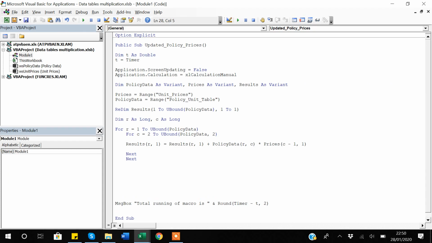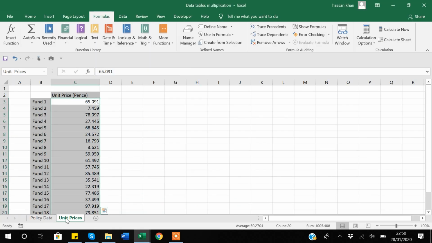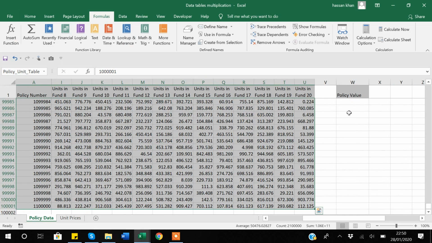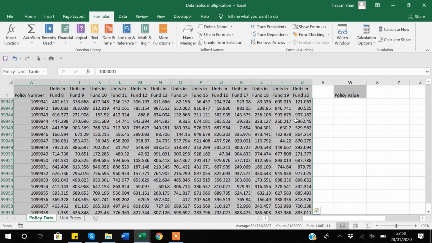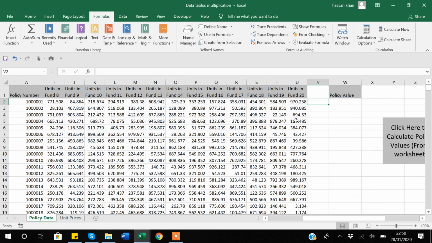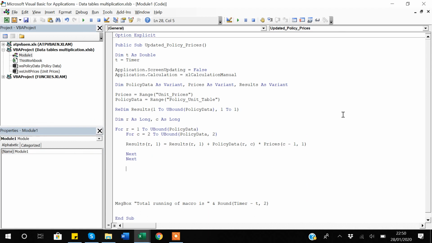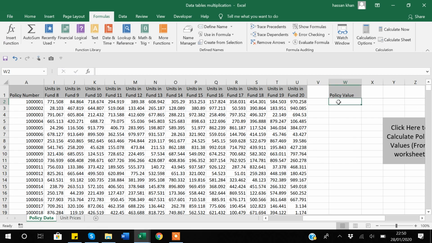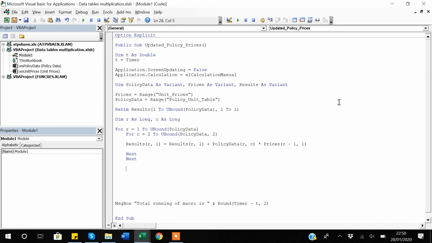Now I have to go back to the policy data, and whatever computation I have done, I have to print down here. In order to do that, I will go back and start writing. My policy values range starts from W2, so I will be saying range